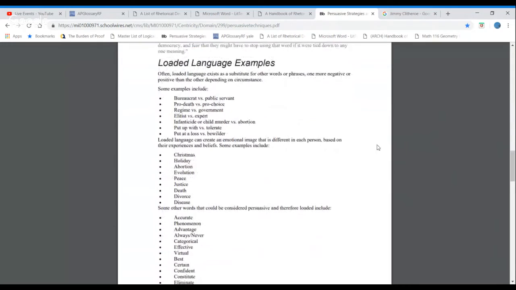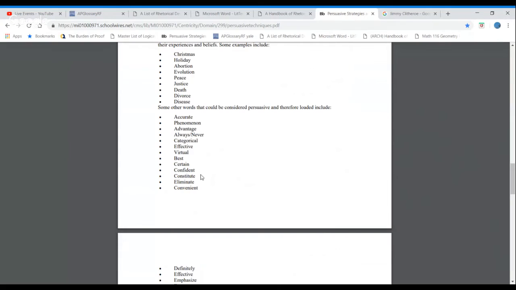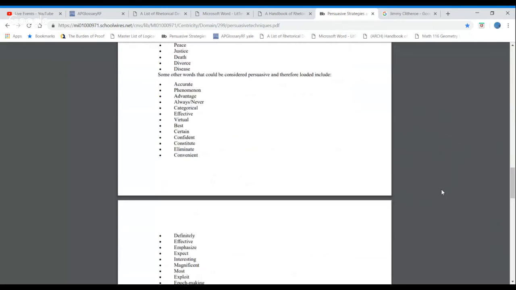Yeah. So, some examples of this loaded language to create an emotional image can be like Christmas, holiday, abortion, evolution, peace, justice, death, divorce, disease. Some other words that could be considered persuasive and therefore loaded include accurate, phenomenon, advantage, always, never, categorical, effective, virtual, best, certain, confident, constitute, eliminate, convenient,